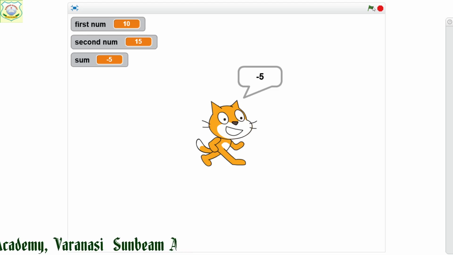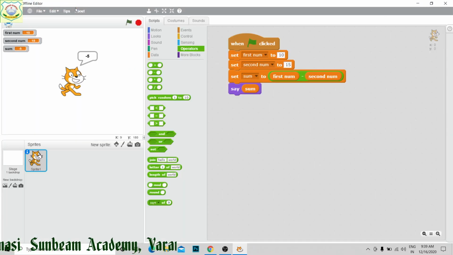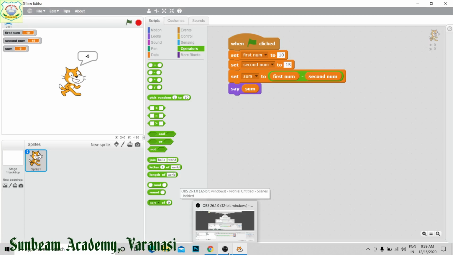Now minus 5, you are getting minus 5 as the value. Here also the variable first number is 10, second is 15, and its value is given minus 5, right? Likewise, we can change different programs.